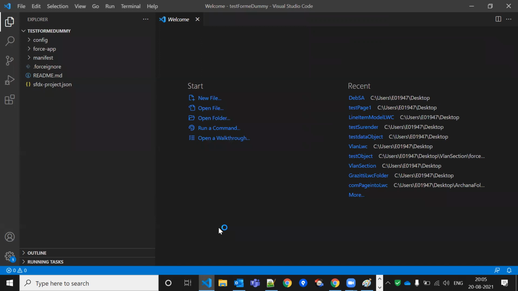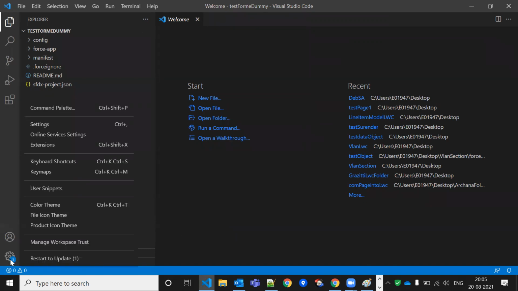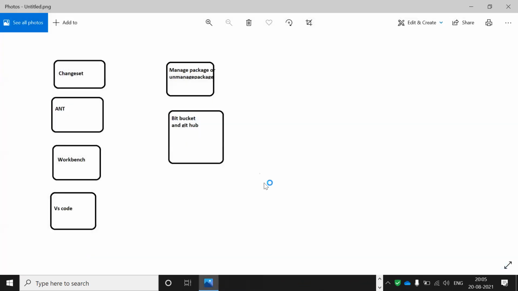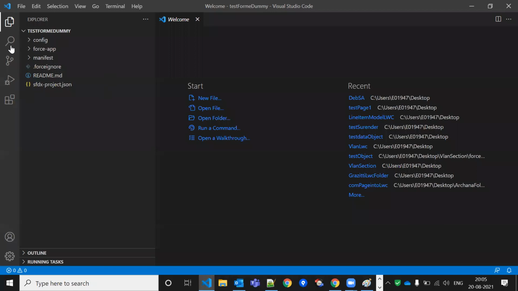This is a tool which you need to install in your system. These are free of cost. Everything is free of cost. You need not pay anything. It is asking for a restart now. Okay, so now it will take 1 to 2 minutes. After that, one more icon will be added here. Now it is loading. After loading, it will ask us to authorize the org. I need to authorize this org.